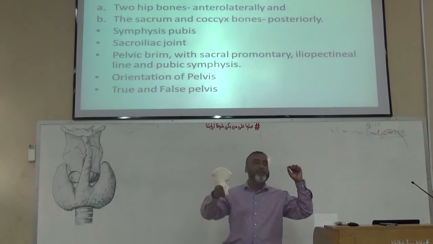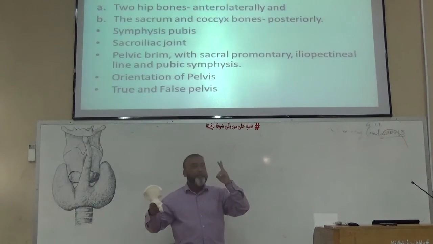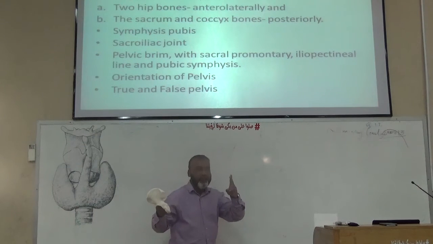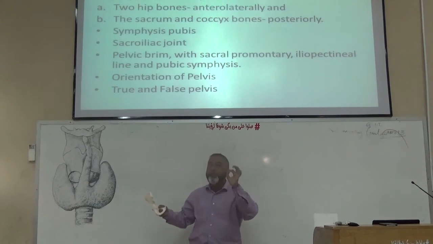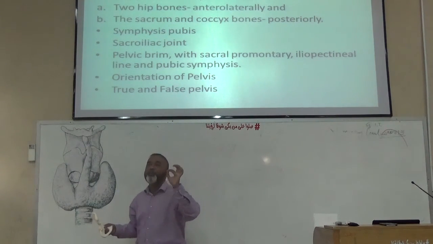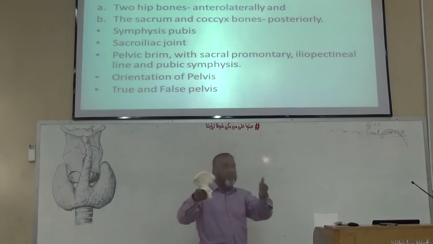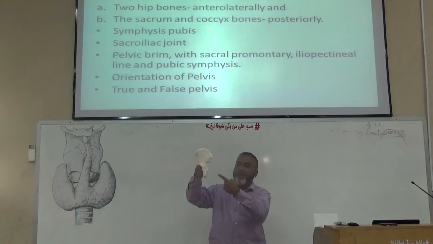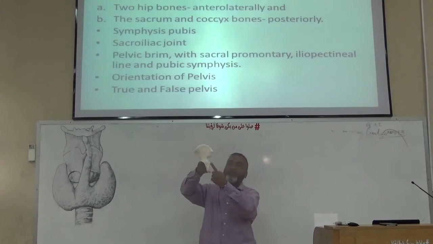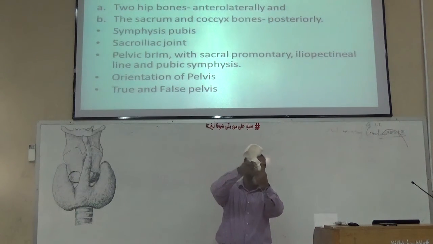Now we will see also that there are two ligaments coming from the sacrum. They are named as the sacrotuberous ligament and sacrospinous ligament. Sacrospinous ligament coming from the lateral part of the sacrum and attached over the spine. Okay. Sacrospinous ligament like this, and it divides the notch into a foramen.